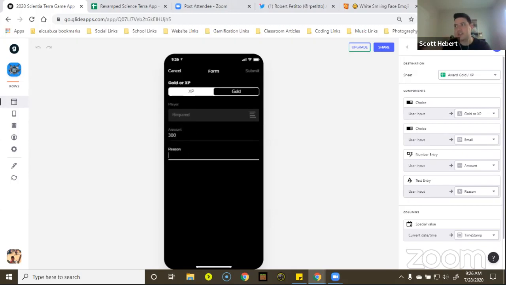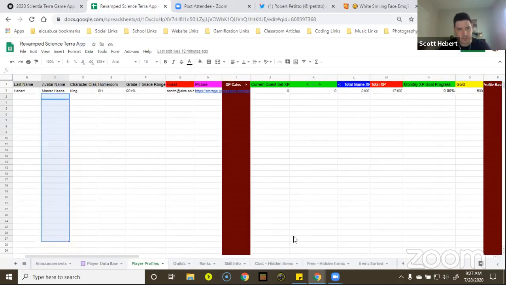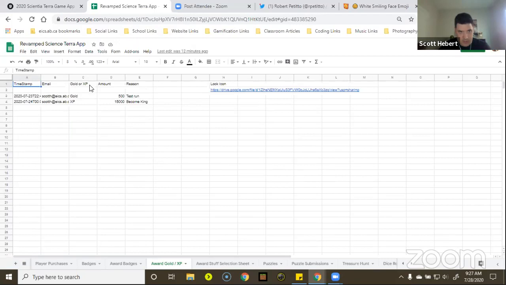This is cool because sometimes I'm a scatterbrain, as it's probably evident. And what happened is I have kids who are like, did you give me my 300 gold? Did you do this? And I'm like, I think I did. I can't remember. So now I can say 300 gold for winning guild battle. I'll give myself 300 gold right now to show you. This is the form that it will read right here.